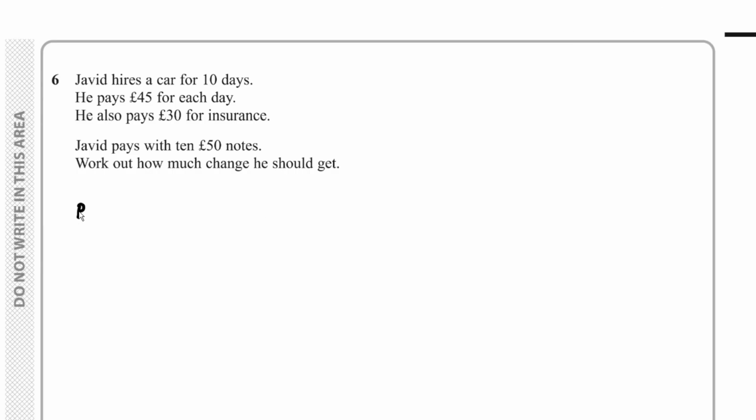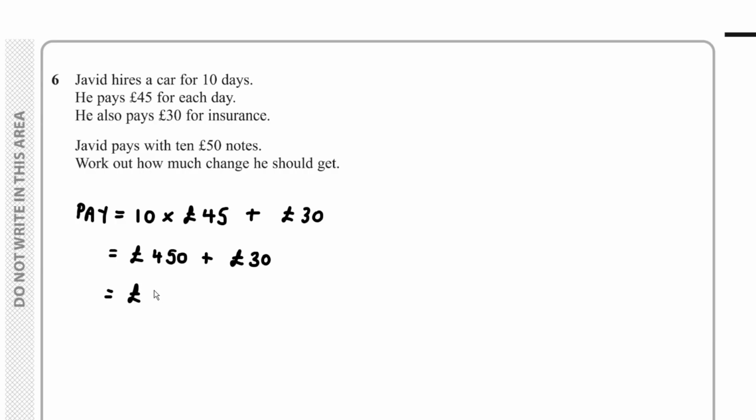So what he would pay altogether, well, I've got 10 multiplied by 45. This is for hiring the car, and then we add on the cost of the insurance. So we have 450 plus 30, which is equal to